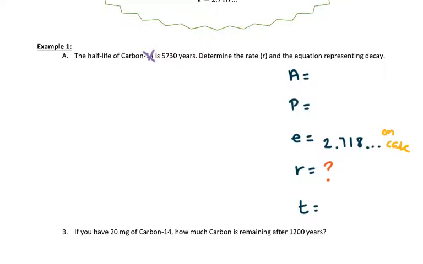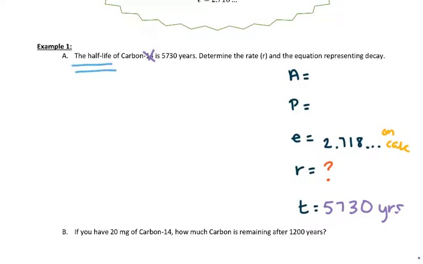Determine the rate. And people get confused because they're like, okay, I can see that the time has to be 5730. This is years, right? Okay, cool. We got that part. But the problem is we don't have the end amount or the initial amount when you read this. However, you do. You can make it up because the half-life says that